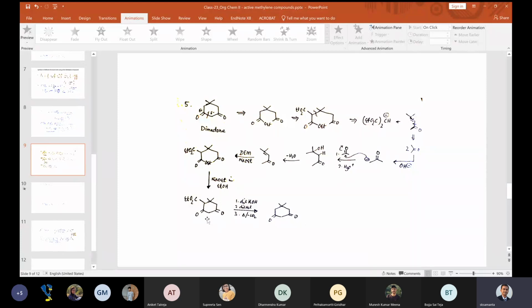So this is also a Robinson annulation, because you remember that not only aldol but also some sort of Claisen ester condensation after the Michael addition is also called Robinson annulation, right? This is also kind of a Robinson annulation. But at the last step, what do you do? You hydrolyze this one, CO2H, CO2 minus, acidify with dilute HCl, CO2H, do the heat treatment, carbon dioxide will be released from here, so that you get dimedone. Got it?